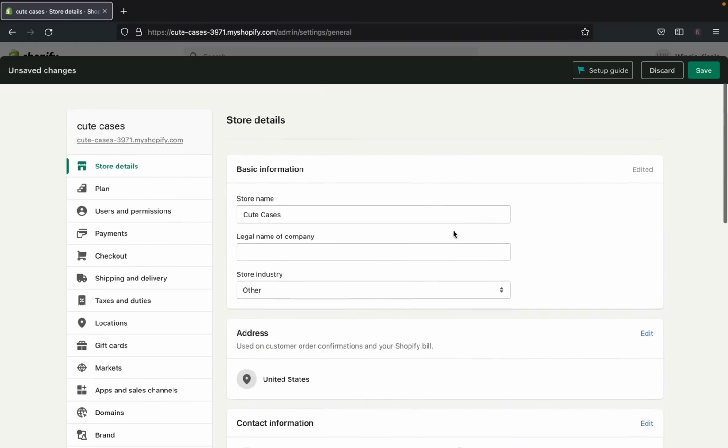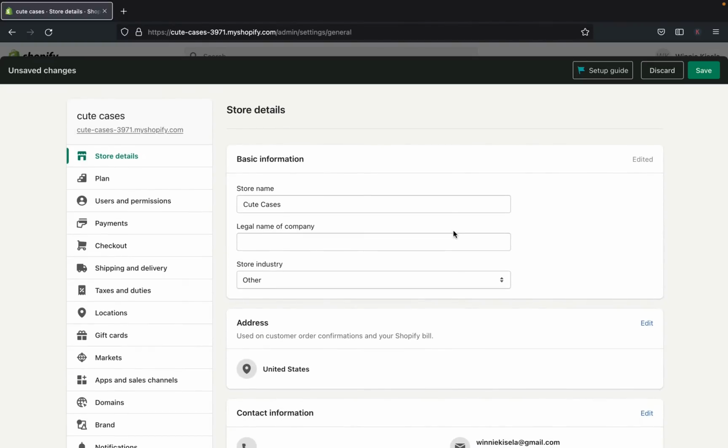And yeah, so those are the important things. You can make those little changes if you want, and I'll show you about the plan later. But before I go back into the Shopify store and start showing you what you can actually start customizing in your store,